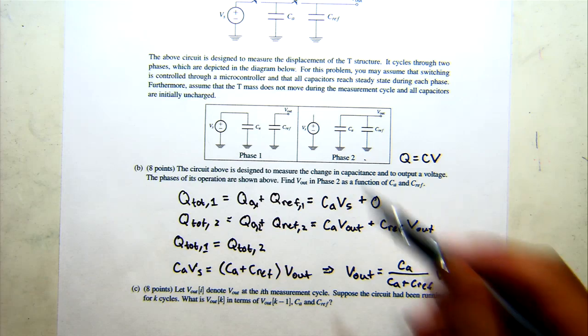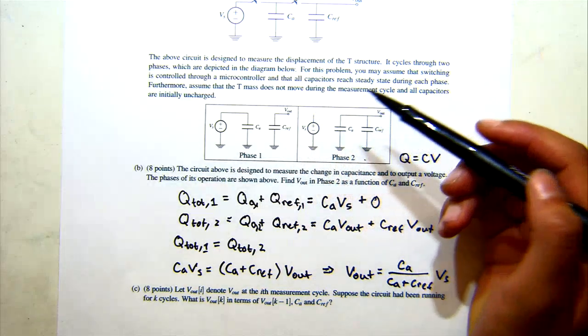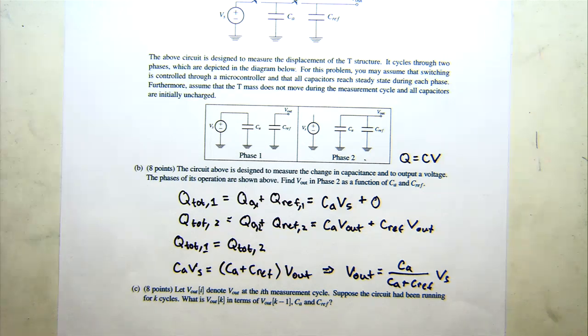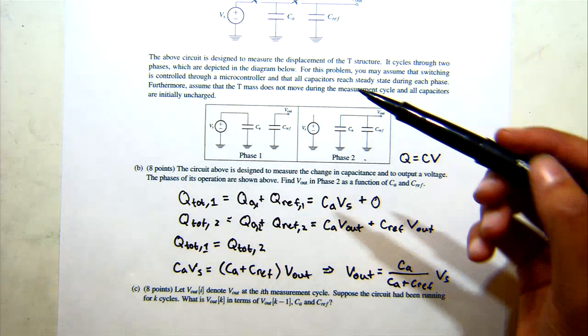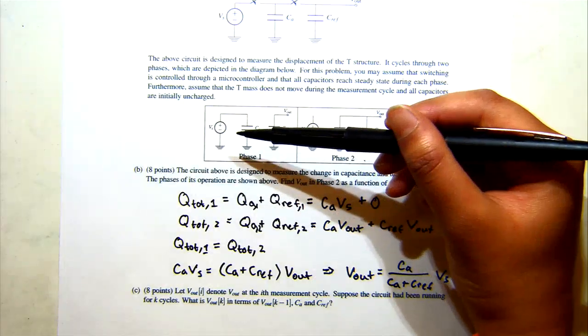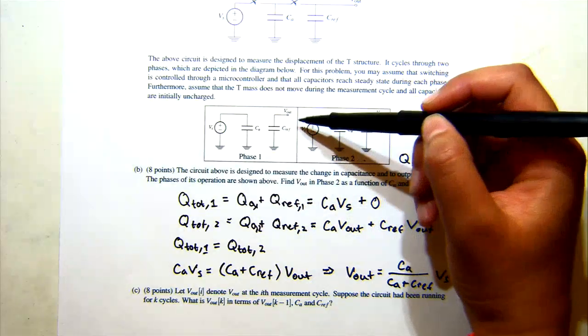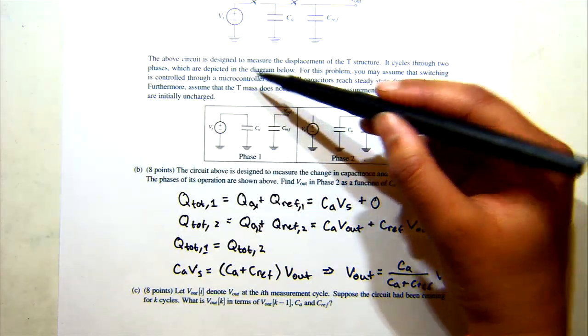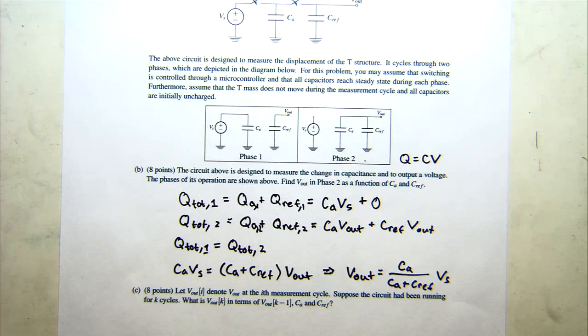So charge sharing you generally think of when you have two different states, and you're trying to create a comparison between them. And in this case, we needed to relate it somehow to what was happening with VS and these capacitors. So what we had here was the charge to relate it, because we know that the charge is conserved, so it'll be the same regardless of state, of which phase we were in.